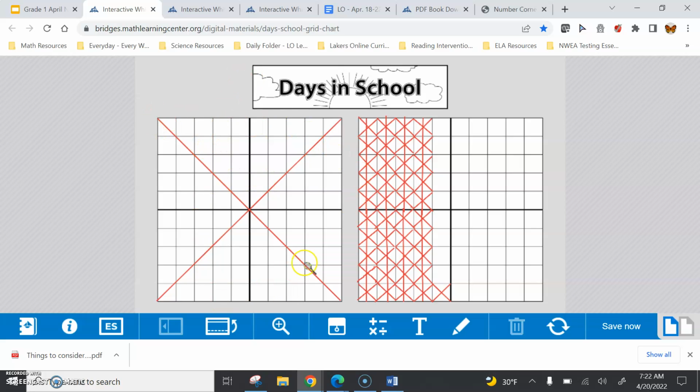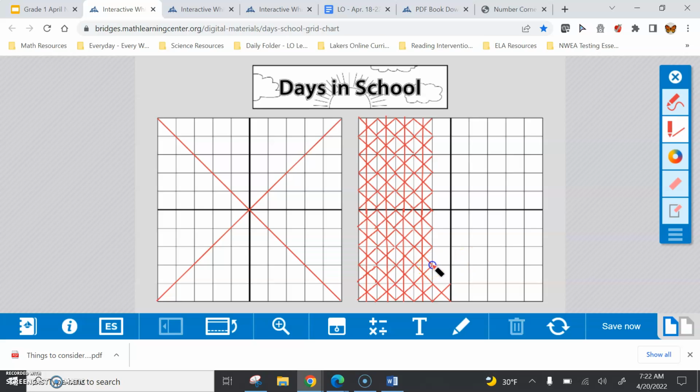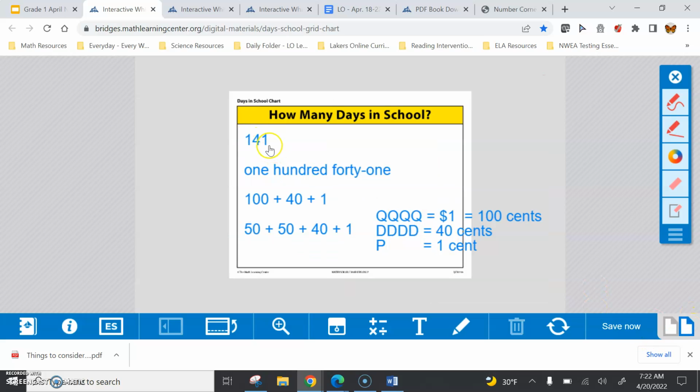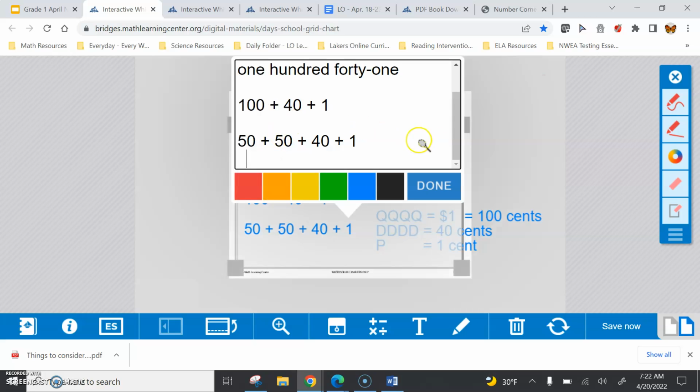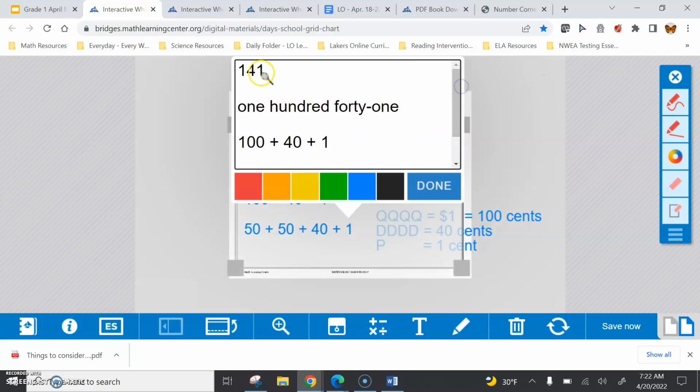But this represents 100. We have 110, 120, 130, 140, 141. And today we'll make 142 days in school. 142. So we'll change our information here to reflect that new number. The number 142, the number word